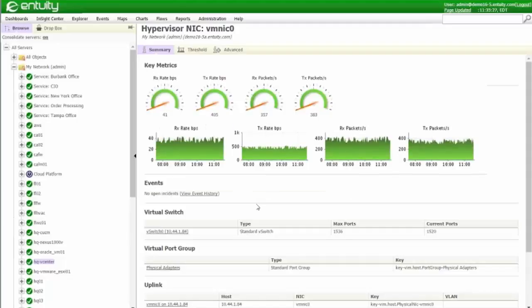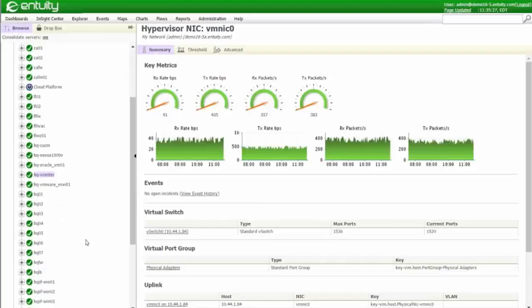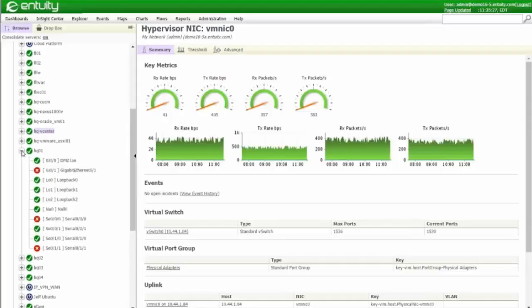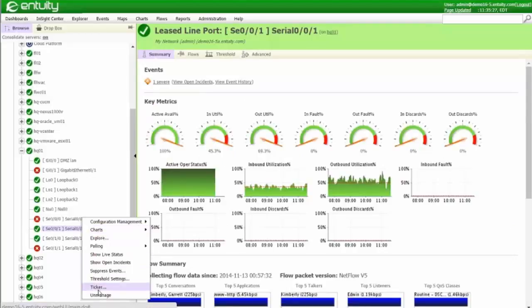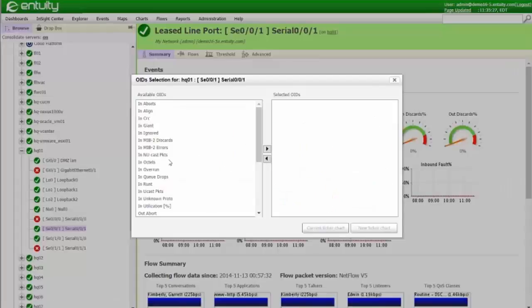Let's take a look at some other bits and pieces. I mentioned that we've got Ticker now implemented in the web. Ticker is a way of on-demand polling either ports or device attributes. And here, if I were to select a port, I can call upon Ticker from a context menu, and I